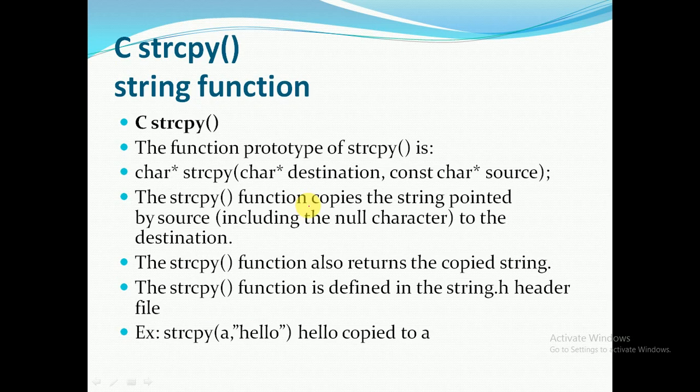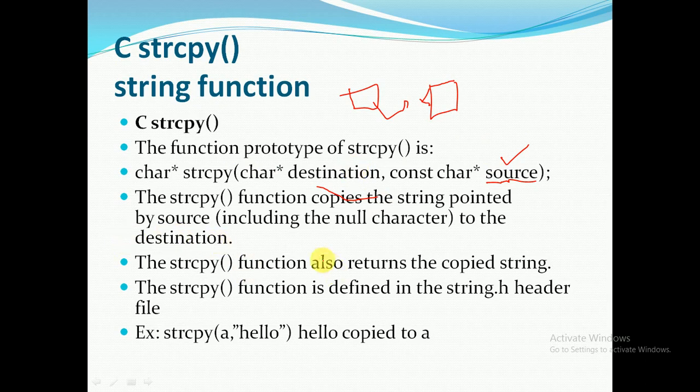Next we'll see the string copy function. String copy is nothing but copying. Already we have a book, and if you make one more book, what if you make a Xerox? What happens? One more book is created. That means we are copying one text, that means from one source string to another destination. That we call a string copy. Whatever we have in the source is going to be copied into the destination.